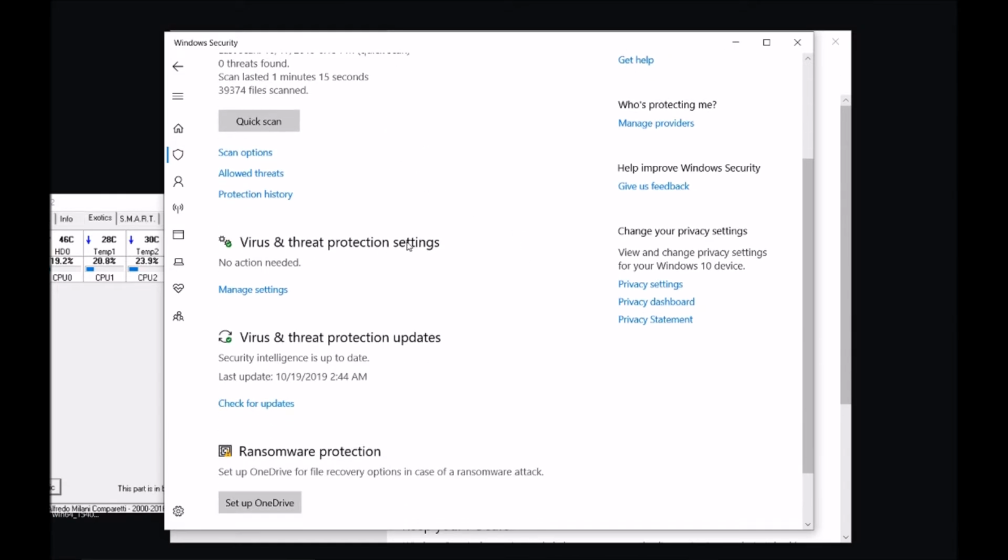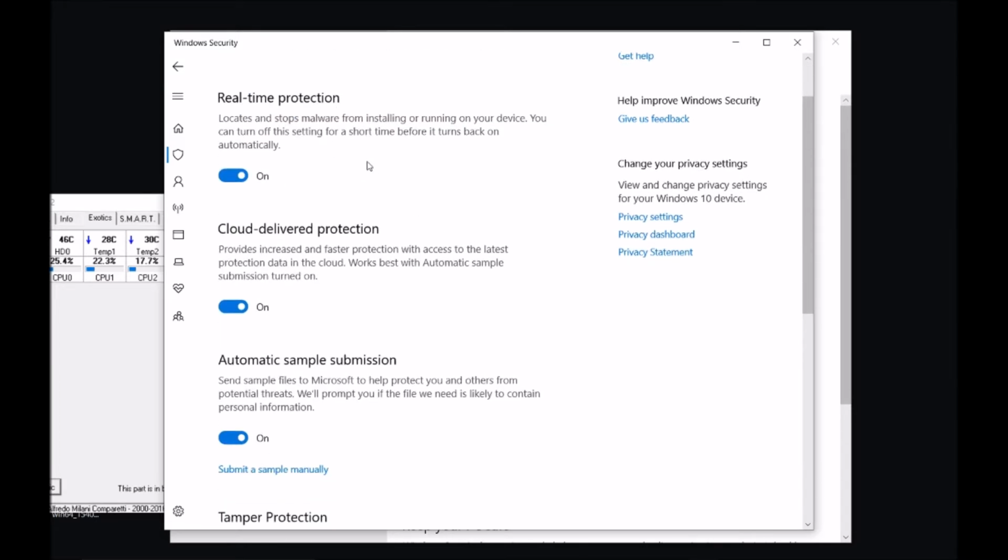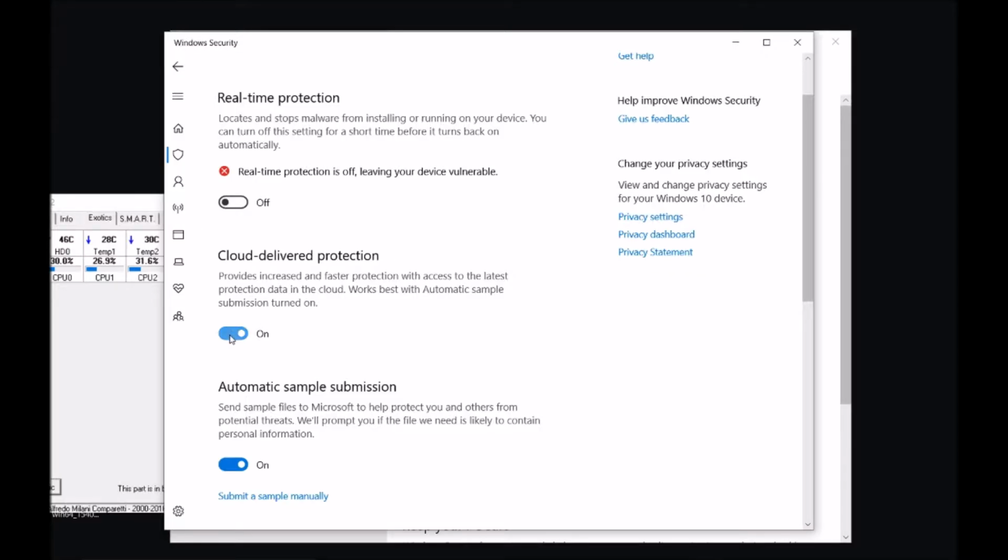We have virus. Let's just click on manage settings, and we have real-time protection, cloud protection, and so on and so on. So make your own choice. You'll have a confirmation window. Just click yes on it.